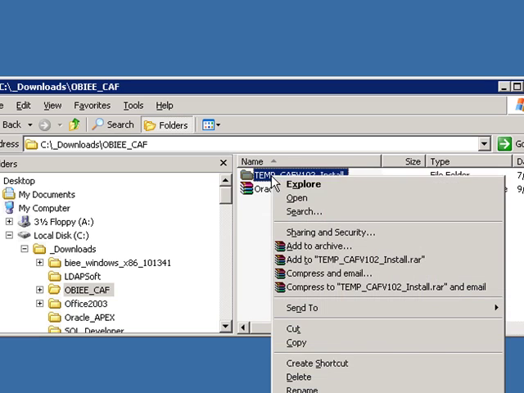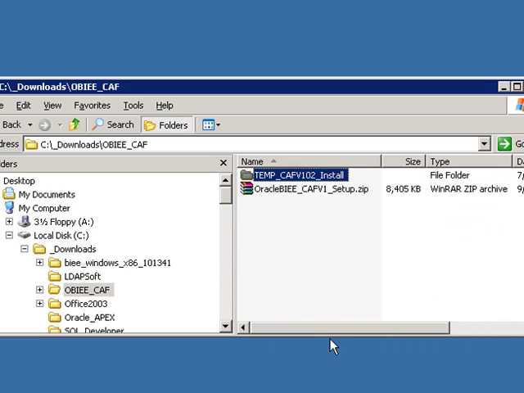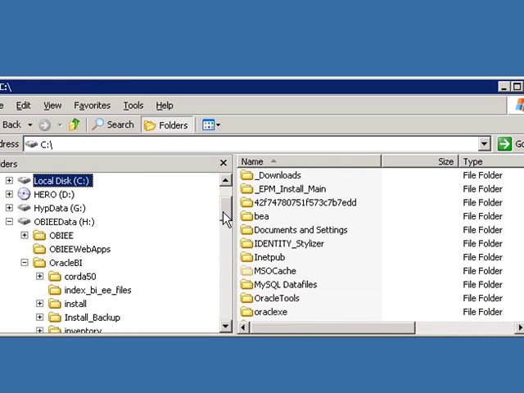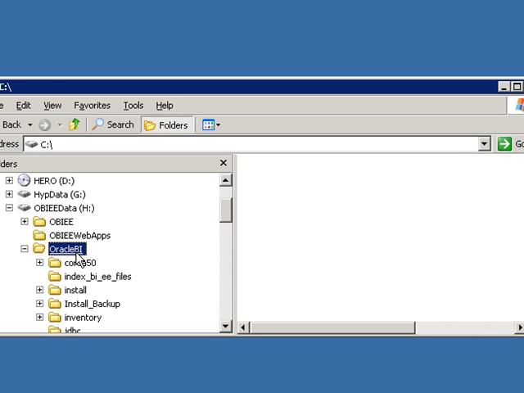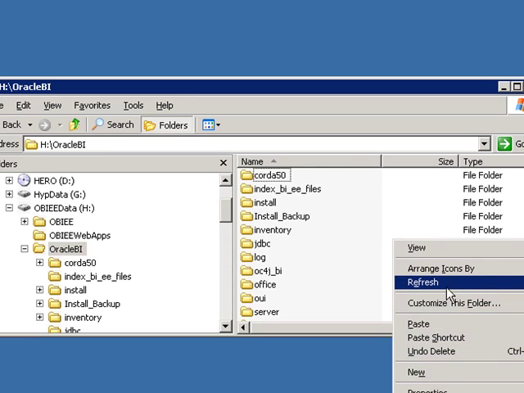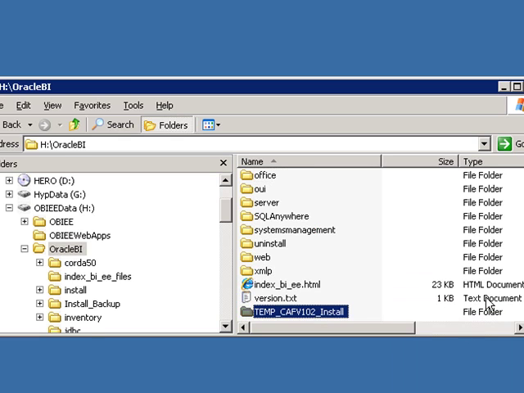Simply take that temp folder, copy it, and this needs to go into your default OBIEE installation Oracle BI folder. It needs to just get dumped right into the base root, so we're just going to paste it in. There you go, right there. Now we're almost there. And the first thing that we need to do per the instructions is just first confirm